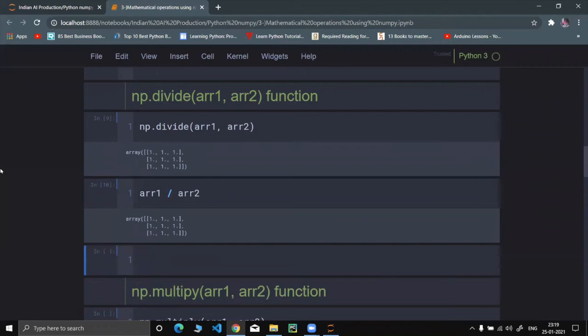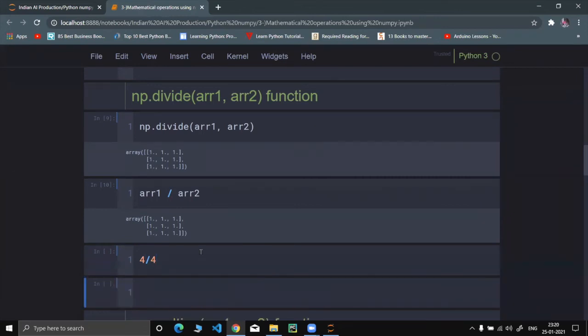Double slash is the floor operator. If both operands are int type, it returns int, otherwise it returns float. Correct. Is there anybody who doesn't know the difference between single slash and double slash? That is a very interesting question actually.